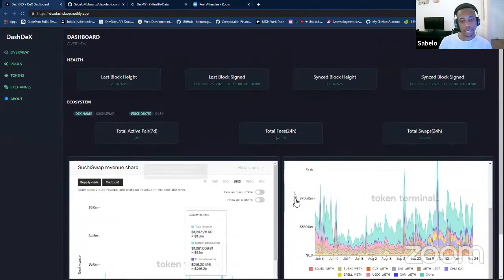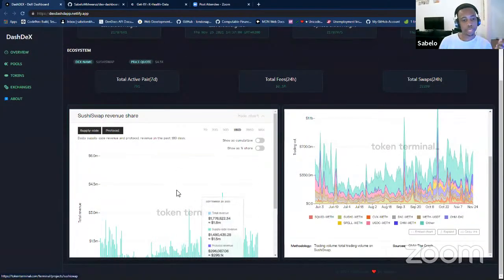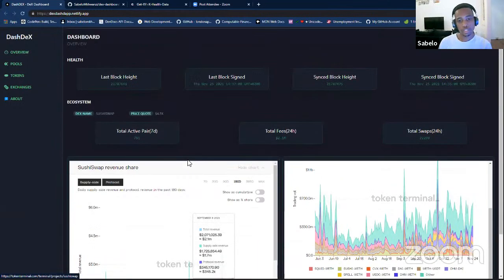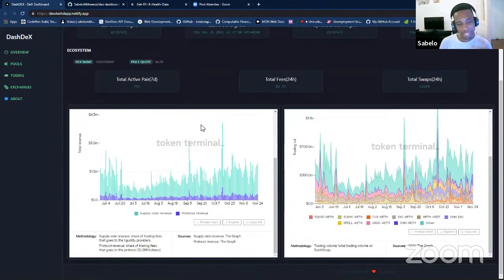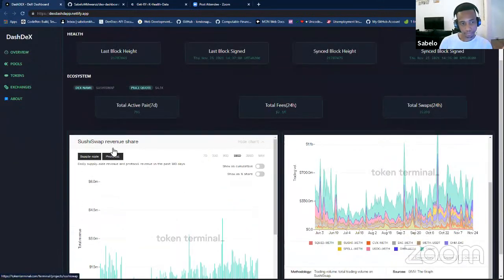Then, integrating the graphs, I used the Token Terminal graph, just to put another widget on the project and make it look unique. It reflects the DEX exchange, so everyone can see the protocols, the daily supplies and the revenue. So I wanted to mix everything together.